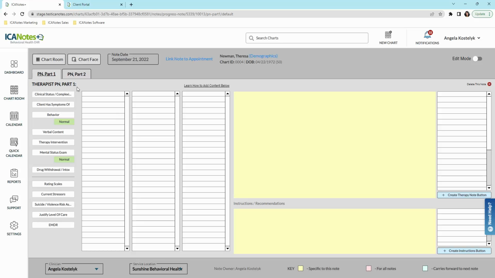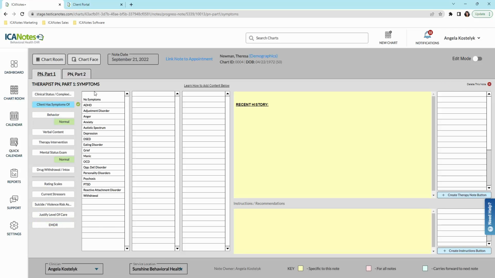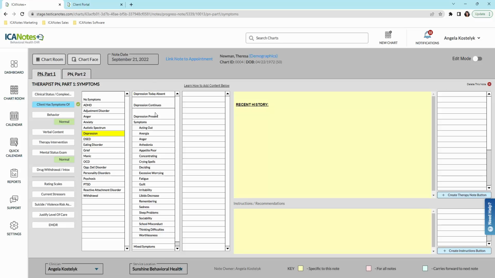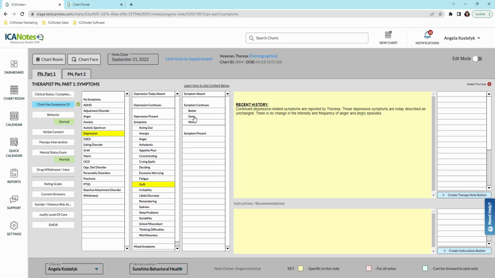Now, our software is button driven, so all of the clinical content is built into the buttons. And when you click on a button, you will see a shrub open with specific options. So you can click on a button in this shrub and it may open up more information in the next shrub and so forth. So I'm going to run through these symptoms here. So maybe anger is the same, guilt is the same, maybe sleep problems are now present, and thinking difficulties are